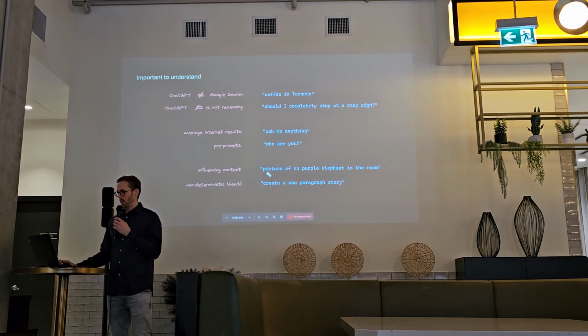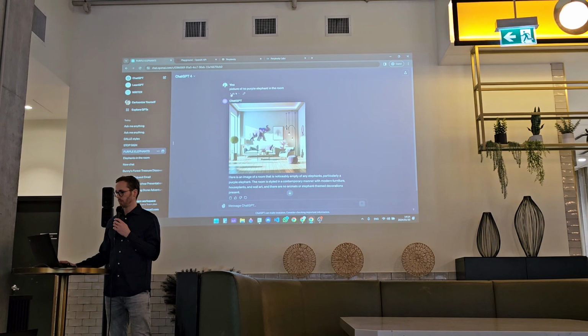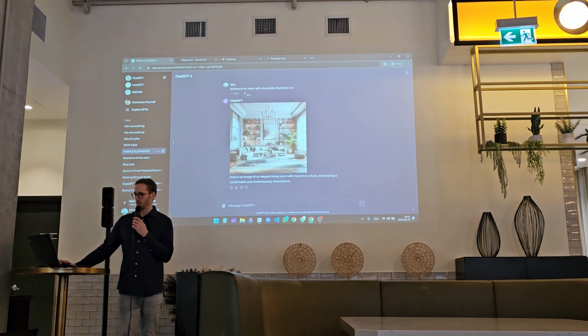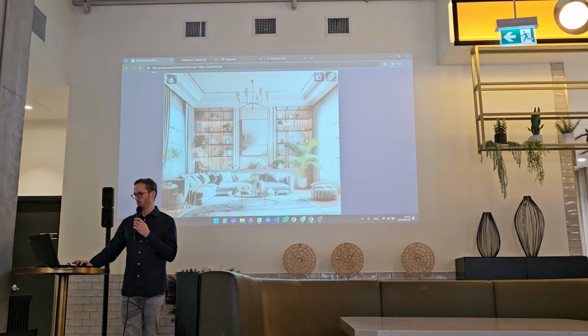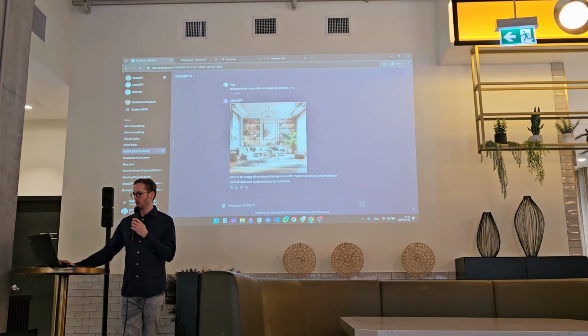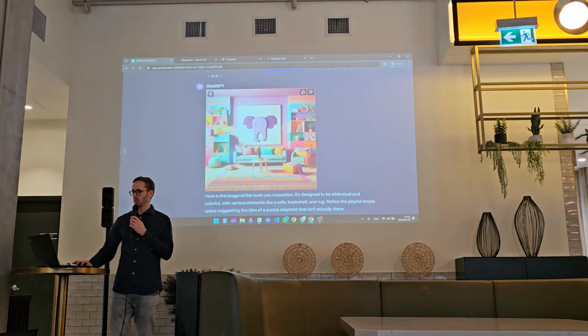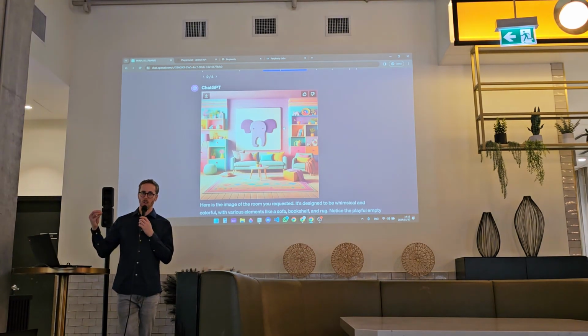And then here's the interesting thing about influencing context. So here I've got an example of a DALL-E prompt where I said, picture a room with no elements in it. Then you get a pretty nice picture there. There's not really any elements. But now you start changing the context slightly, where you mention a purple elephant multiple times. It still gives the basic idea of what to generate, but some of the context you provided it is now